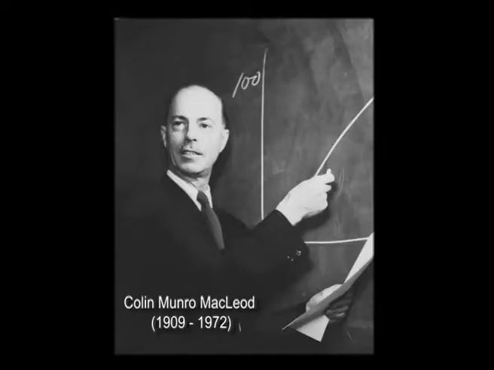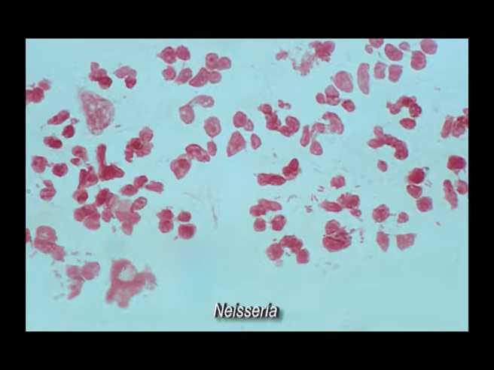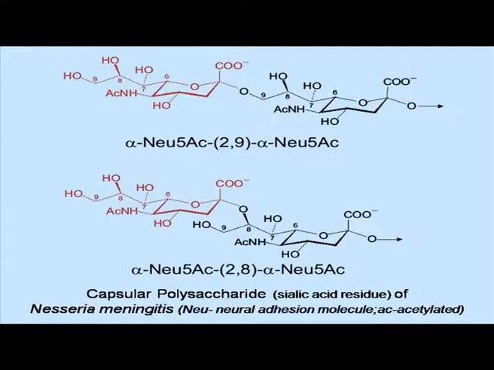Now we come to the next important discovery, which is by MacLeod and others. They showed that when a particular vaccine is being raised, it is not necessary to have the entire cell. You can have the subunit vaccine. Like in case of Neisseria, they produce the capsular polysaccharide. This is the capsular polysaccharide subunit which is used as a vaccine. So the vaccine produced against Neisseria is with the help of the capsular polysaccharide, which is the sialic acid residue of the bacterial outer wall. So that subunit vaccine became famous in case of Neisseria.